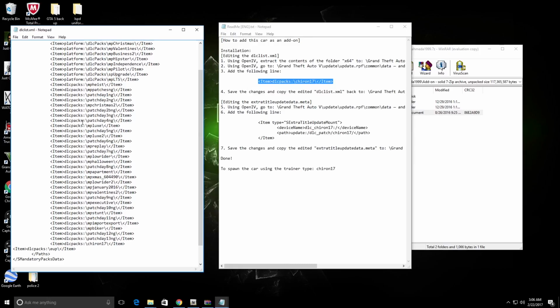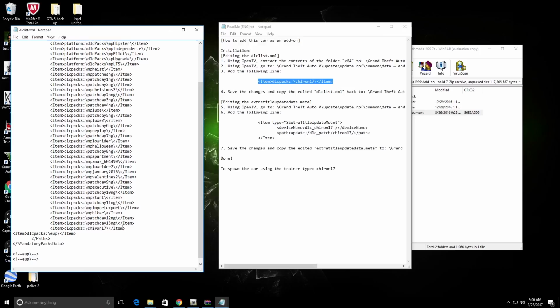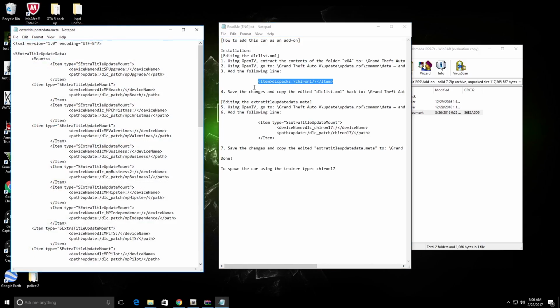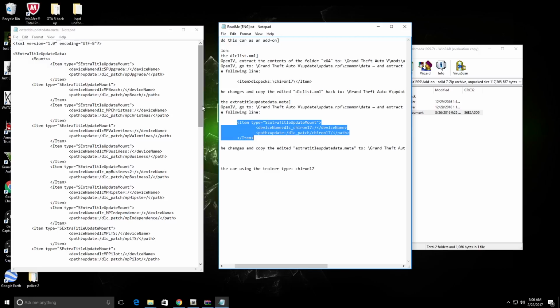So what you want to do is just click add this right there, just exactly what it says, add the following line, just copy and paste them, and then save, and then exit out of this, and then you go to this one as well, and then it says using OpenAvigo, which we just did, add the following line, and all you do is just copy this, and then